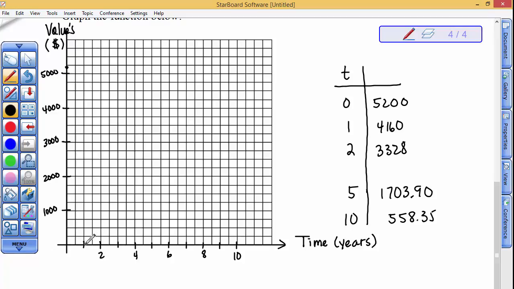At year 1, it's worth 4,160, probably about right there. Year 2, it's worth 3,000. This is 3,250, 500, so let's go about right there. In year 5, it's only worth, here's 1,000, 1,250, 1,500. Here's 1,750, so right below that. And then finally, in year 10, it's only worth about $558. So we can really see the exponential quick decay,